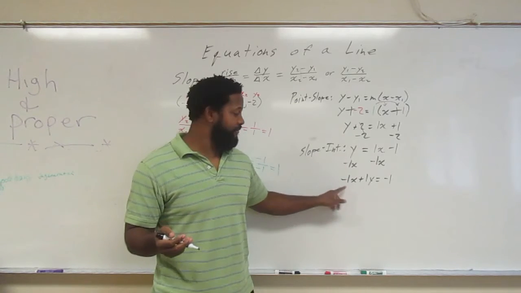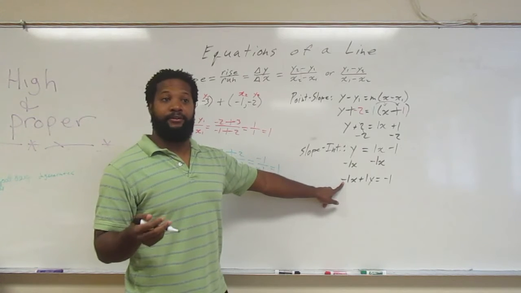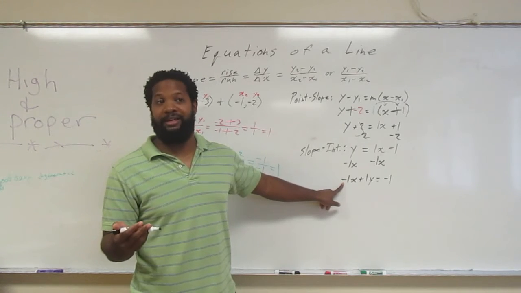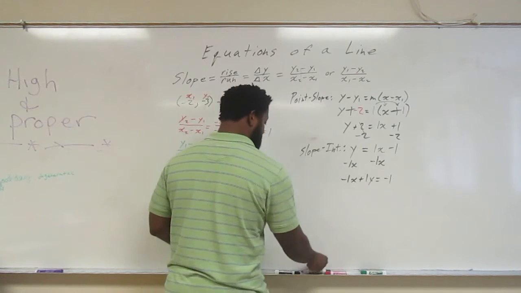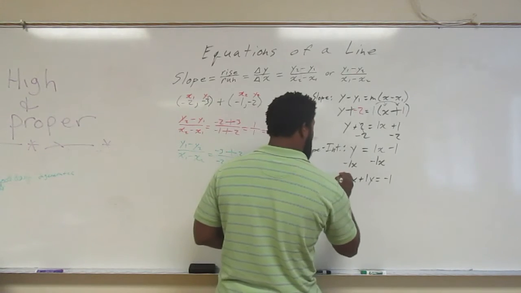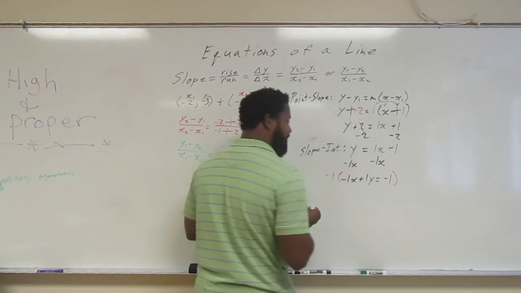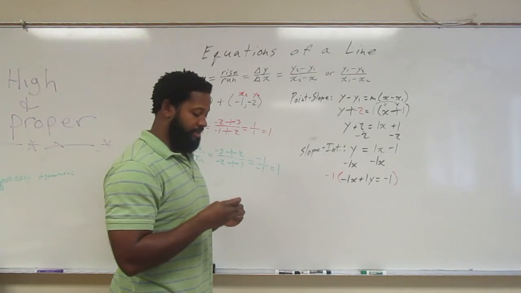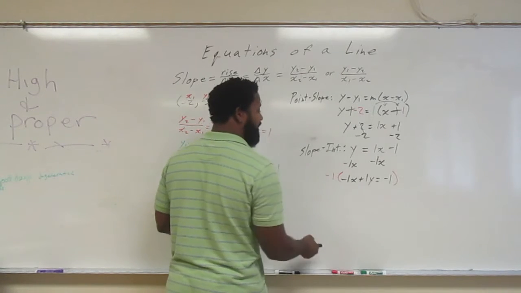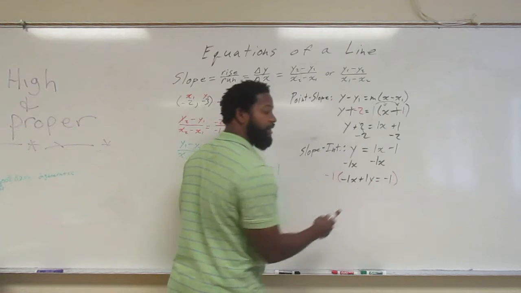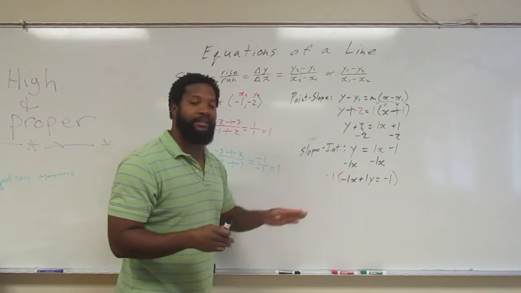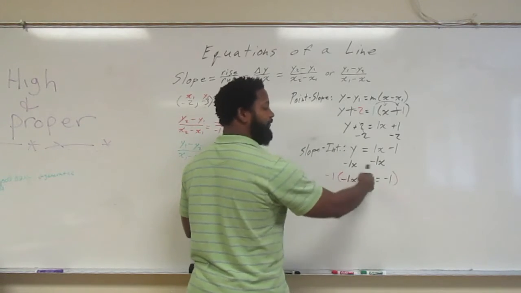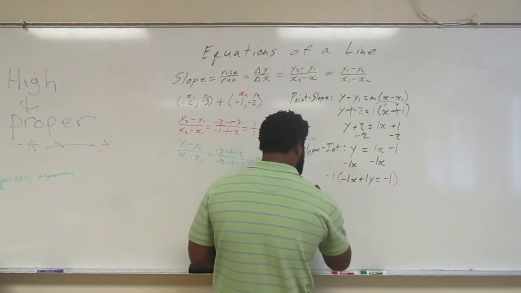If it is not positive, if you have a negative right there in front of your A, you must either multiply or divide a negative 1 on both sides, okay? Multiply a negative 1 by the whole thing. If your A is a negative, that way it makes sure that the A is a positive, okay? Negative 1 times all of that just flips all the signs, okay? So therefore, your standard form